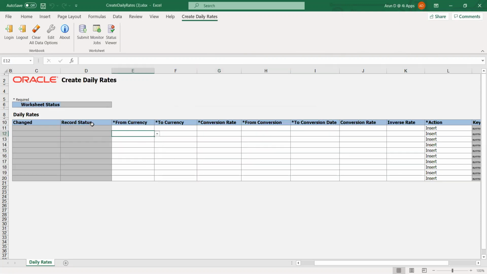Okay, so we have logged in successfully. We can see here that the worksheet has been loaded. We wanted to select from currency and to currency. So I'm selecting from currency as USD, and to currency, okay, I'll have to select this. I selected this and I'm selecting corporate rate.